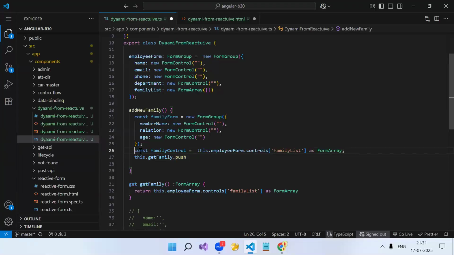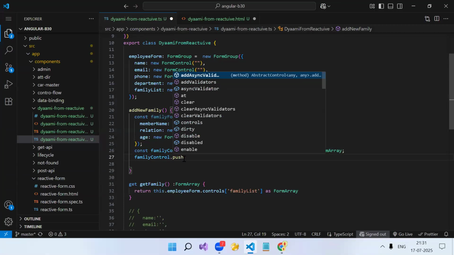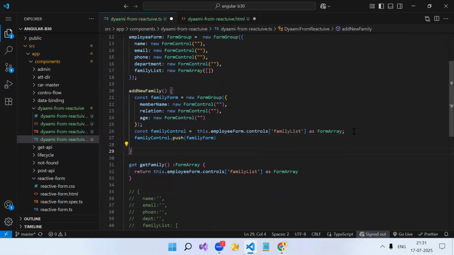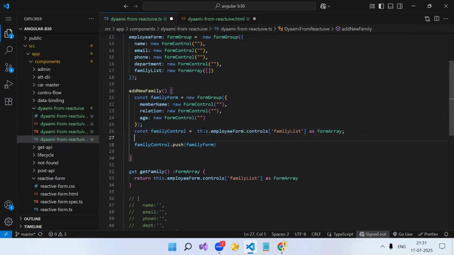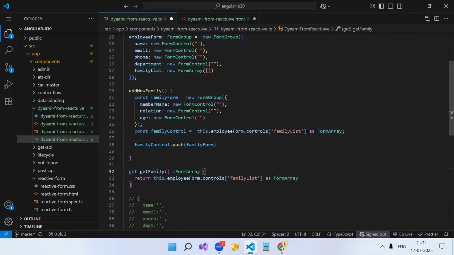So here also the same thing works. Family control. Yes, push is coming. So we need to push this. Okay. So see, again, there are two ways to do this. First, you can get the specific control, but in this family list, what type of data do we have? Form control. So we have to provide a data type like this. If you don't provide this, the push method won't be suggested.